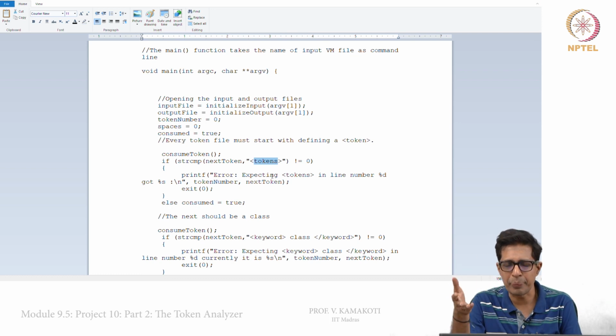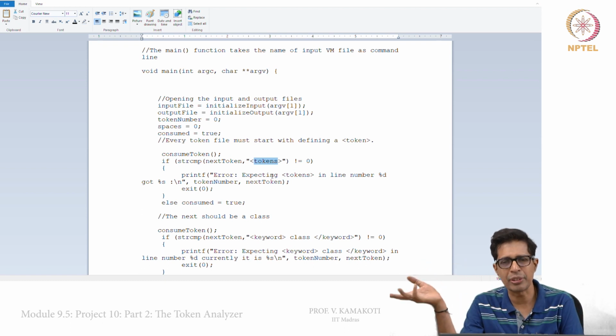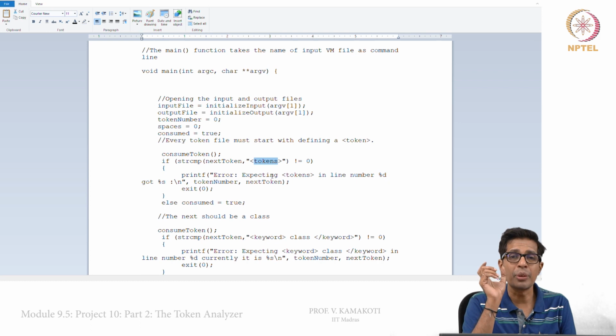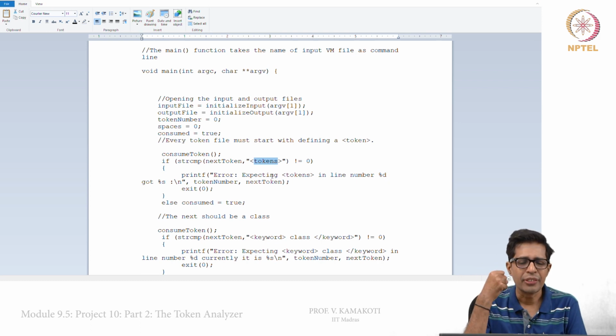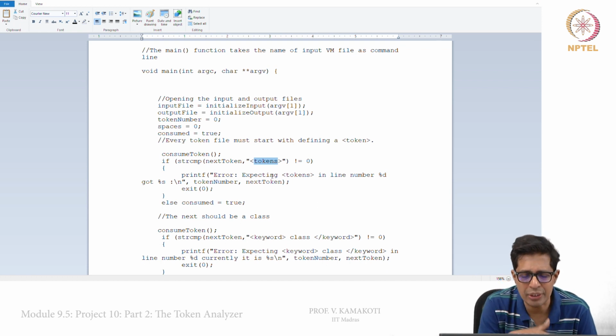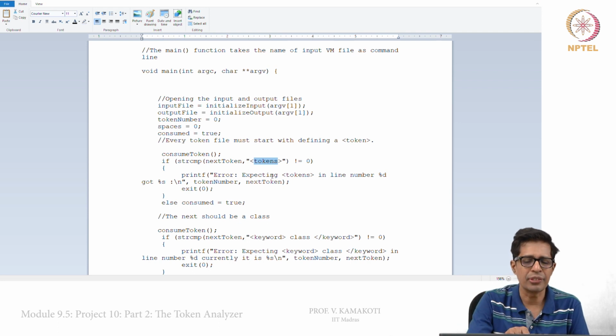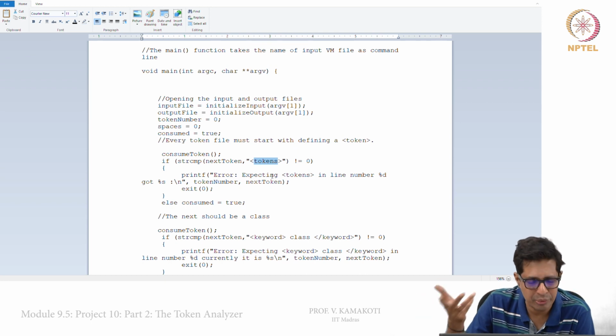For Windows operating system we have a different executable, for Intel architecture we have a different executable, for Sun we have a different executable. So, that is always there on the top of the file, some magic number by which the operating system will identify what this file is. Okay. So, here by looking at this tokens, it will say it is a tokenized file for Jack, for the virtual machine.